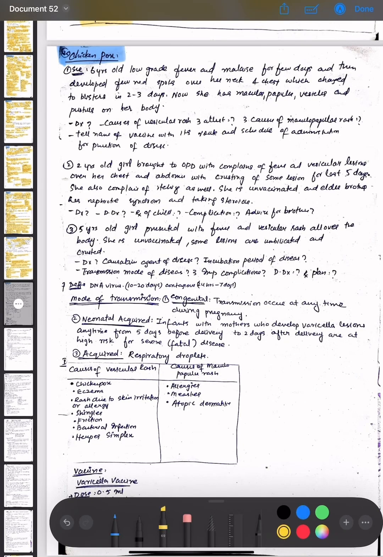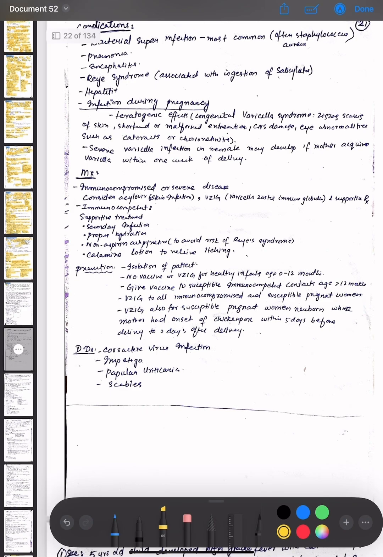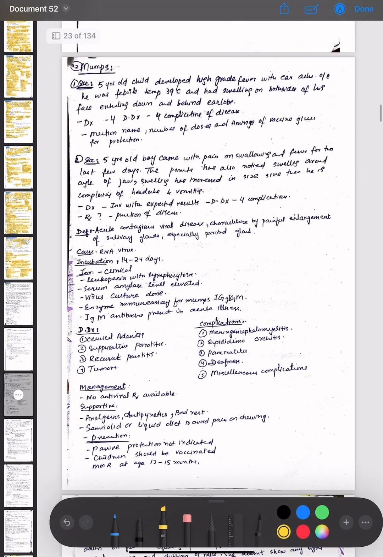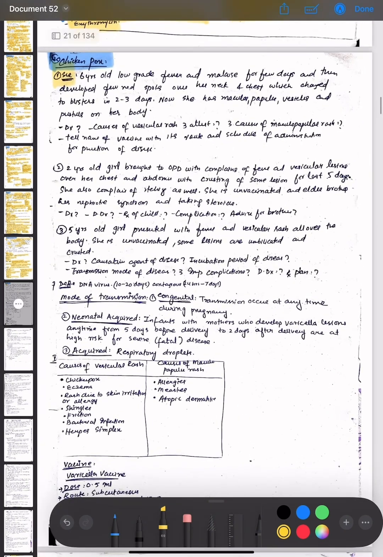Okay, so the next topic is chickenpox. We have started the infectious diseases. The two topics that are remaining are chickenpox and mumps. So, starting with chickenpox, we have a scenario of a 6 year old patient having low grade fever and malaise for a few days,